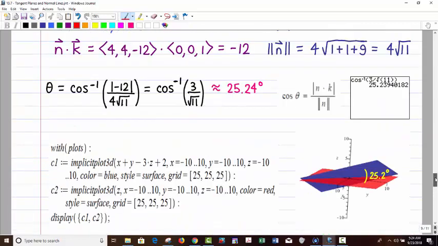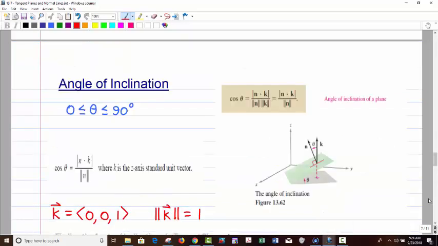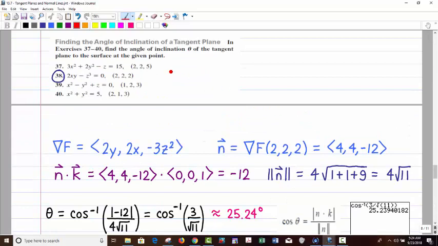Just looking ahead here. Find the angle of inclination of a tangent plane. I said they were going to give us the plane. Well, maybe not. They're actually giving us the information to calculate the plane, and then we can find the angle. They didn't give us the plane, but we just learned how to get a tangent plane. So let's do that. So the gradient,